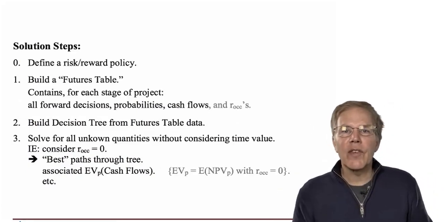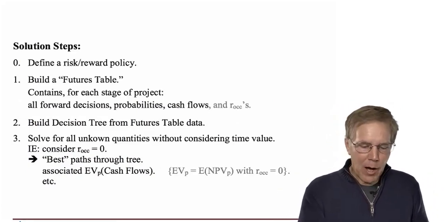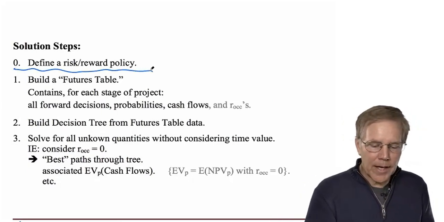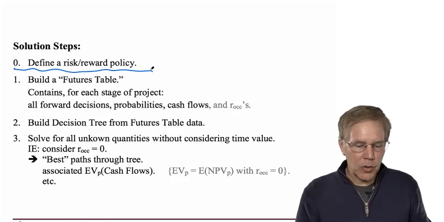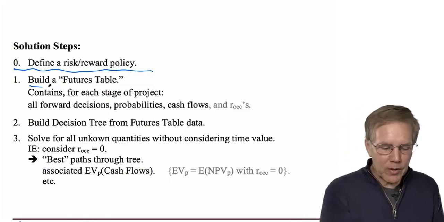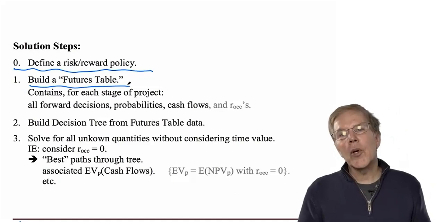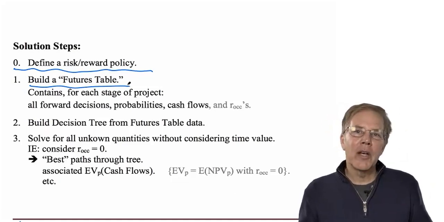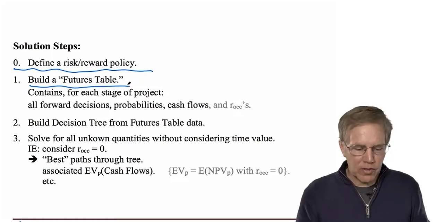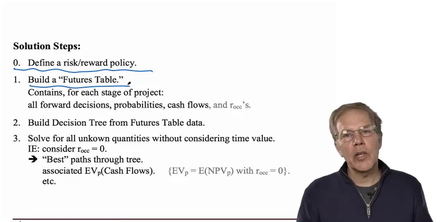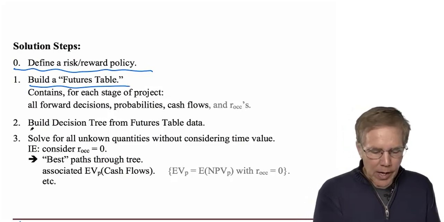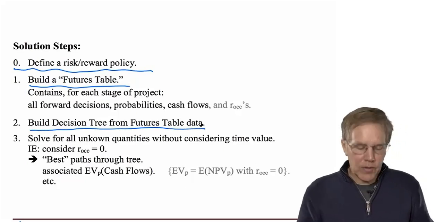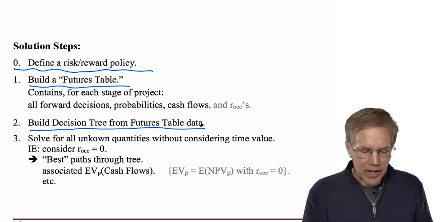Okay, so how do we go ahead and solve a decision tree problem? It's always good, whenever you're doing any real-world financial project, to define a risk-reward policy for this project. And I'll talk about that a little more later when we get into our example. Then you want to build, one way or another, a futures table. I've got a certain way of doing it, but all it really is is thinking about what could happen during the project, what the probabilities are, and what all the decisions are that we have to make, because that's what you're going to have to put in as input to your decision tree, okay? Then we're going to build a decision tree using that futures table data,